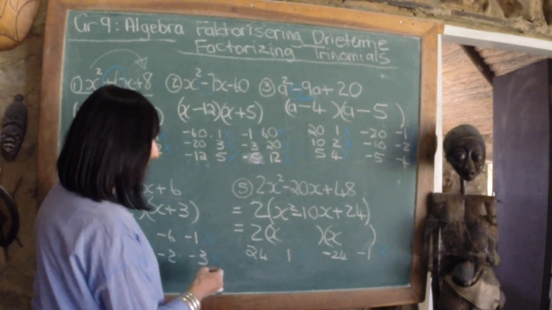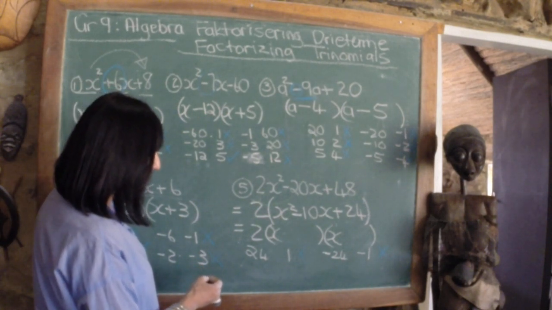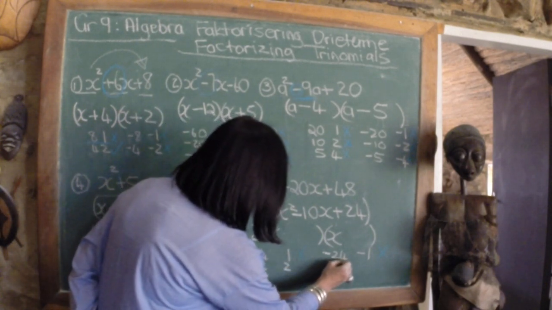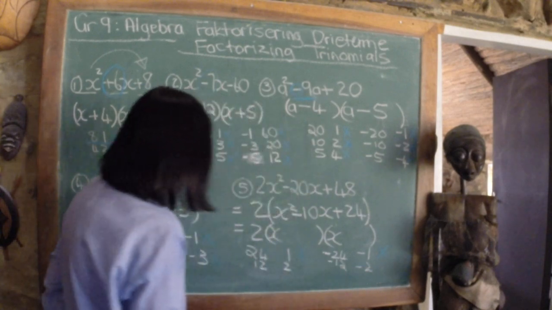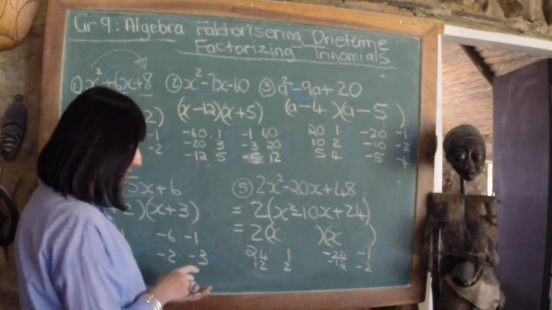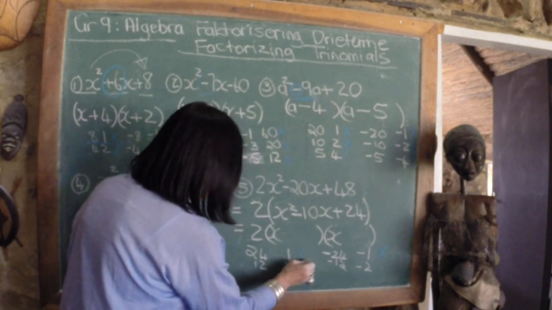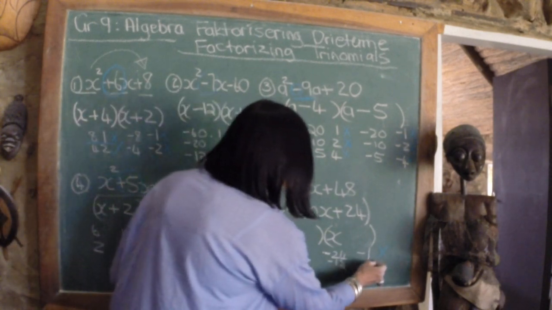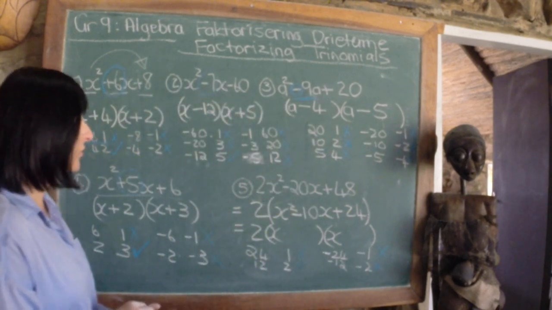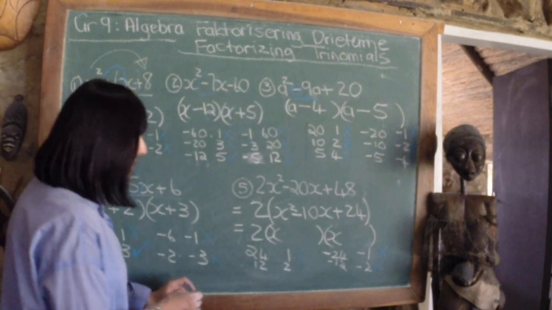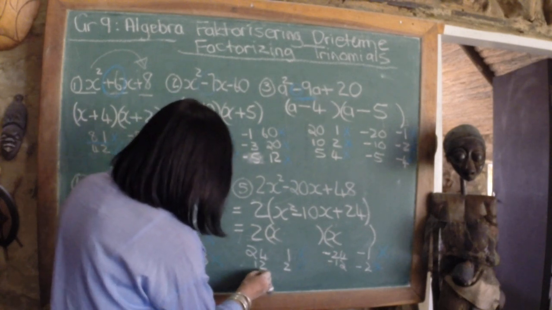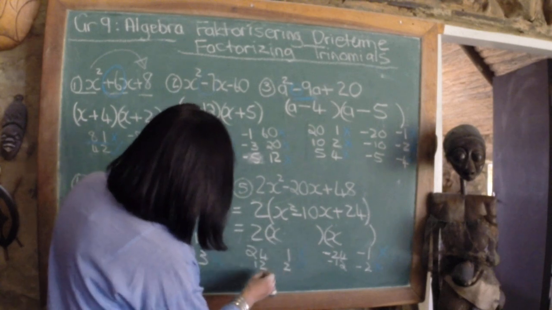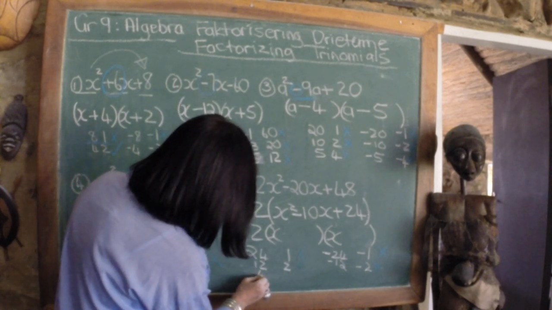Kom ons gaan na 12 en 2. 12 and 2, minus 12, minus 2. If you add them, it gives you 14, not the 1. If you add minus 12 and minus 2, minus 14, not the 1. Let's go to 6 and 4. 6 and 4, yes, 6 and 4,